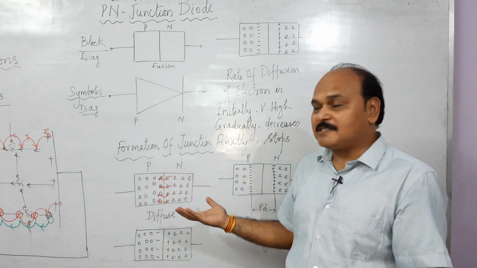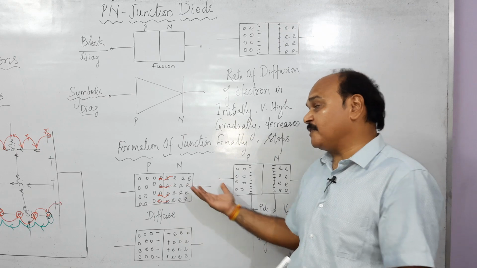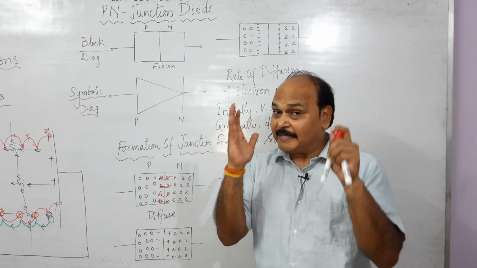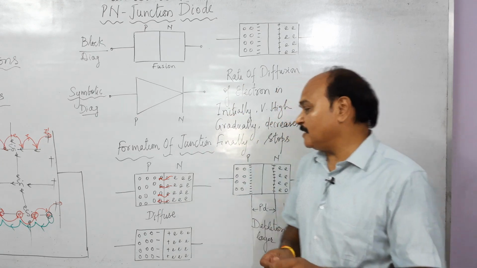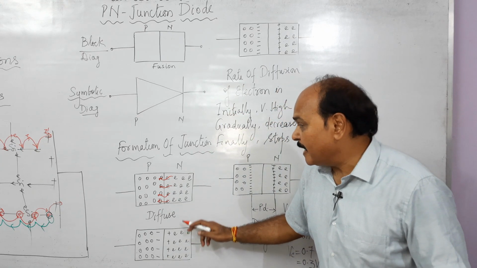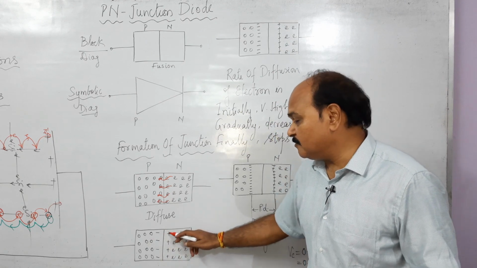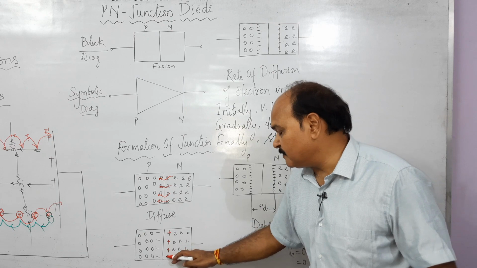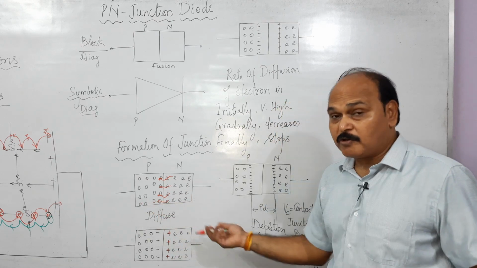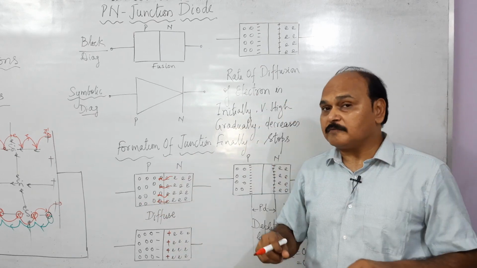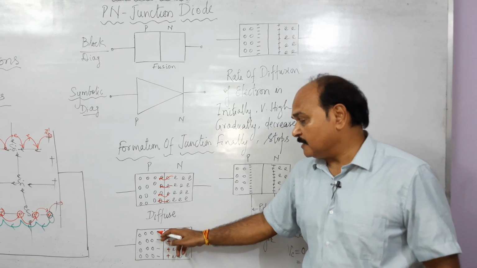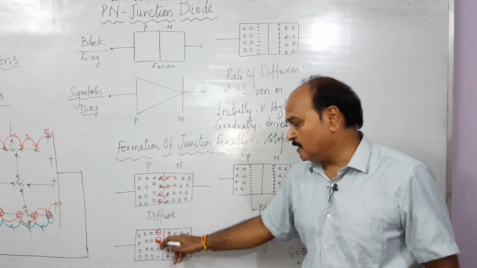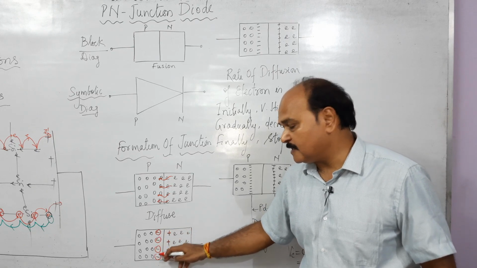It becomes positively charged. And whichever neutral material these electrons are added to, that neutral material becomes what? Negatively charged. So each electron which is moving from n side to p side leaves behind positive charge. This is positive charge. And whichever hole they combine with on the other side, they create negative charge there. These are the negative charges created.